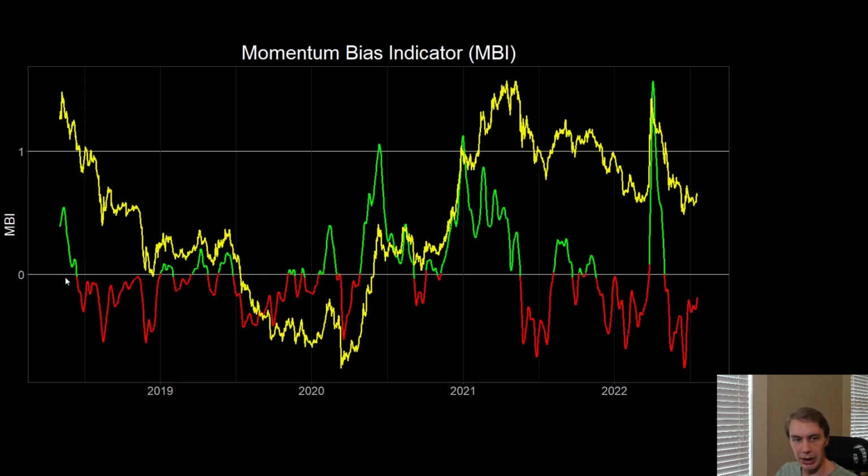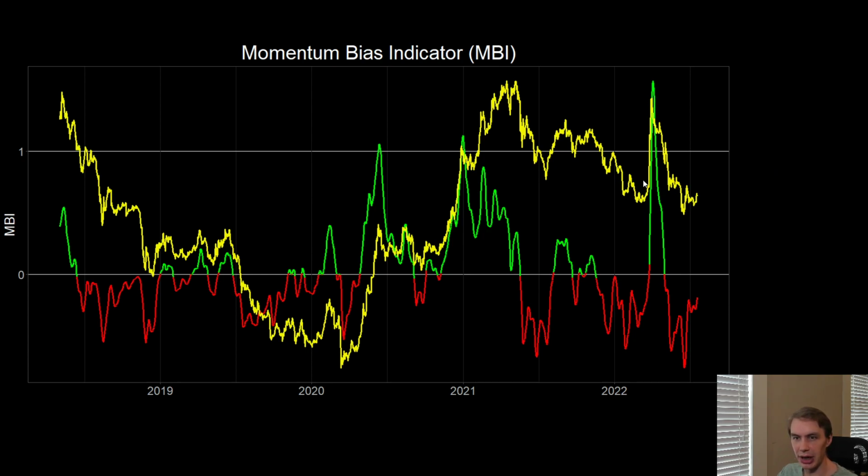Bear markets tend to be characterized by spending a lot of time in the red and very little in the green on the MBI level, and bull markets spend a lot more time in the green than in the red. You can really see negative momentum pulling price down here, chopping along sideways, negative momentum pulling us down, and then a lot of green through this bull run before really putting in a more bearish regime, with this one extreme outlier shooting well above one standard deviation above the mean during